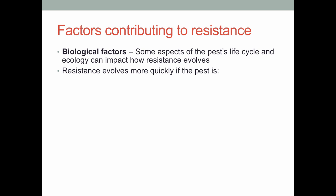So, we know that resistance is caused by exposure, by selection, causing natural populations to evolve towards resistance. But there are also certain biological factors of the pest that can cause the resistance trait to evolve more quickly. In such cases, essentially we expect certain types of pests to become more resistant more quickly than others. And some of these traits, well, essentially all of these traits are associated with aspects of the life cycle that make the pest have greater exposure to the pesticide and more selection pressure acting on them. So first off,